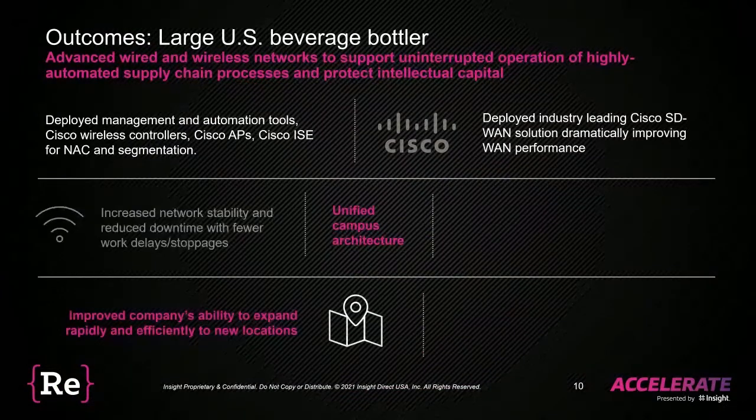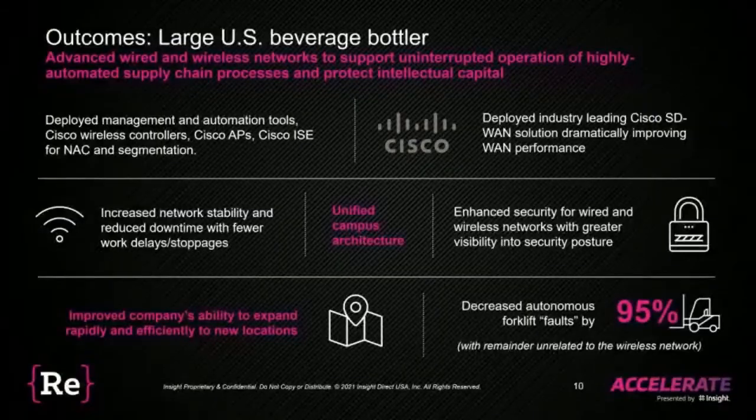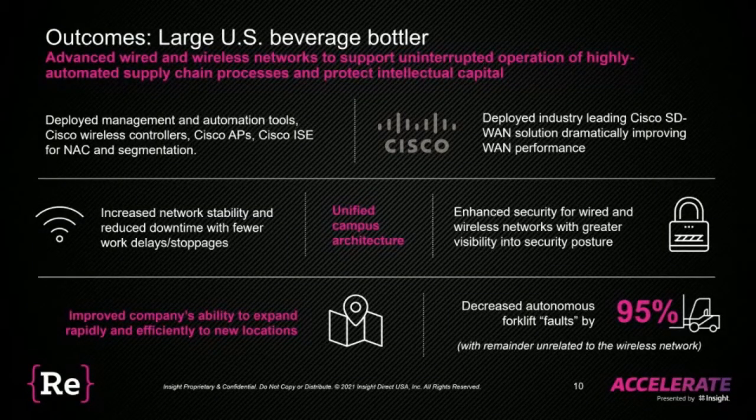So this first one is a large beverage bottler within the US. Super excited to work with these guys, but they had a major challenge. They deploy what are called laser guided vehicles. And in fact, they really should be called Wi-Fi guided vehicles. But at the end of the day, it's a robotic forklift that takes product from where it's manufactured in an